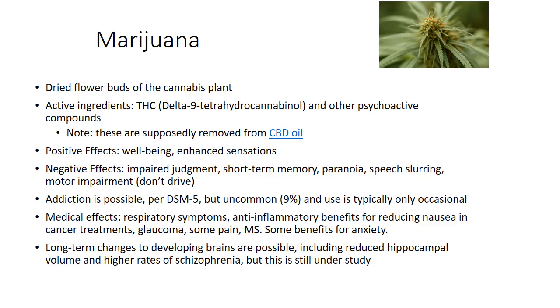A lot of people say that you can't become addicted to marijuana. Typically what they're saying is that physical dependence and withdrawal symptoms are not necessarily common with marijuana use. But the DSM-5 does have a category of substance use disorder for marijuana. Keep in mind that a substance use disorder is not just a physical dependency, and so if there's continued use of marijuana, if the use of marijuana is causing issues in somebody's life, and they're trying to stop but not being able to, then certainly you could be diagnosed with a use disorder.